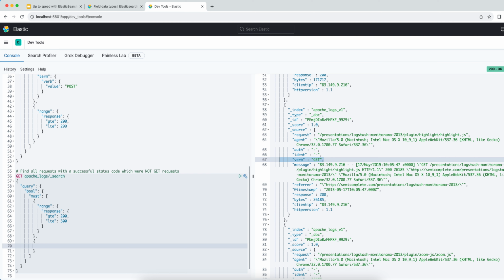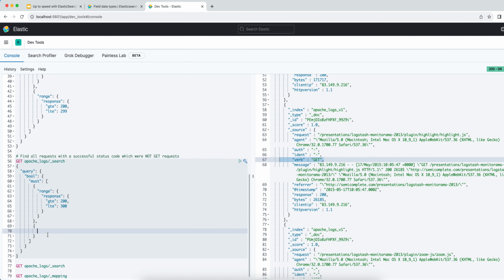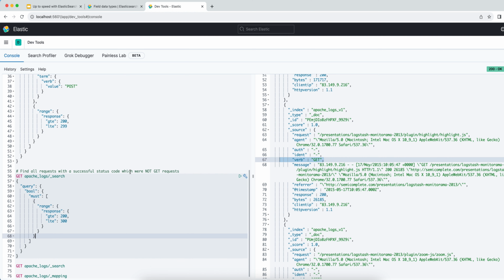But that's a little messy, since it's very easy to leave an option out of that list. What we'd rather do is to do exactly what the question says. Find those which were not GET requests, which you might have imagined is going to be a